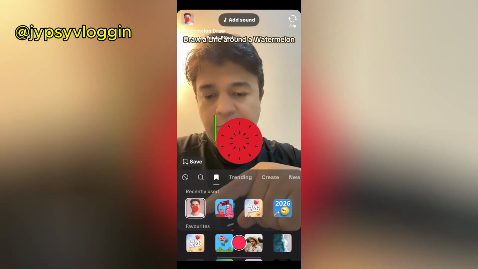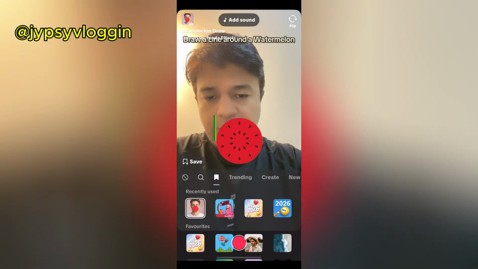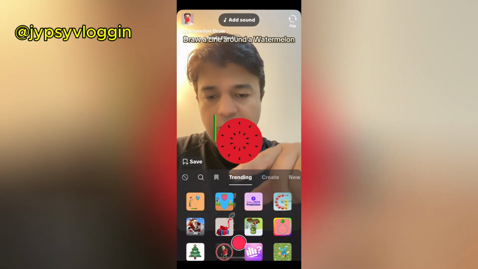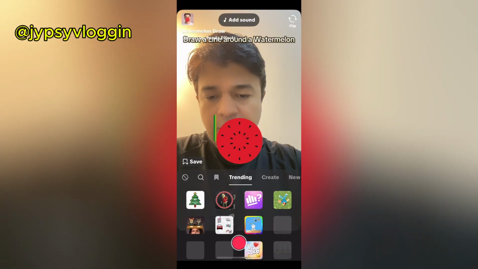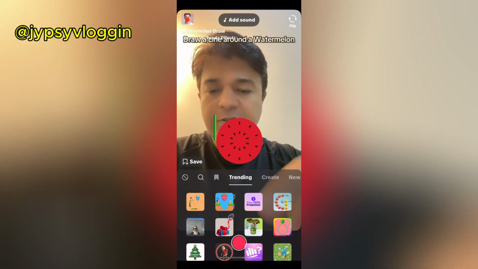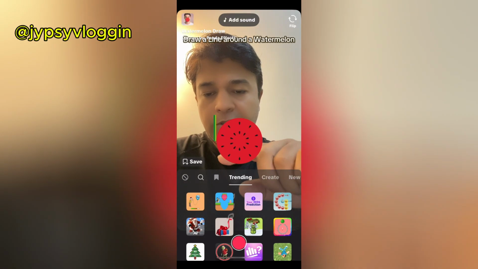Okay, to get this effect on TikTok, what you can do, just go to your effect gallery. Okay, it's in my favorite. Remember this image. You should see this filter on your trending section. Okay, suppose you can't see the filter here in trending section, what you can do, tap on the search button